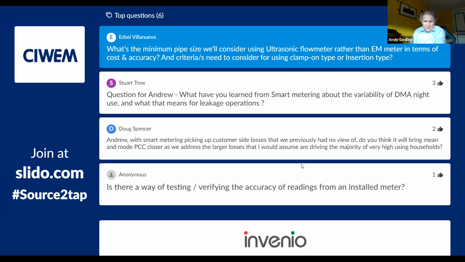Moving on to the ultrasonic one, I guess the thing with ultrasonic flow meters is they come in a number of different formats. So you can get the clamp-on type that you mentioned. You can get the type that actually, like our insertion transducers, goes through the pipe wall, through a tapping in the pipe wall, and connects directly with the flow. Or you can get the spool piece type, which are a built assembly with the transducers in,